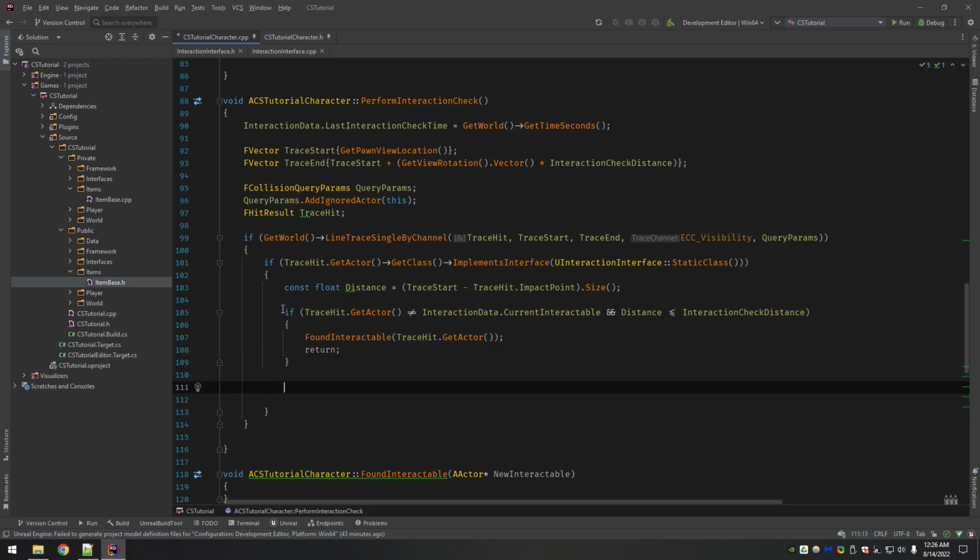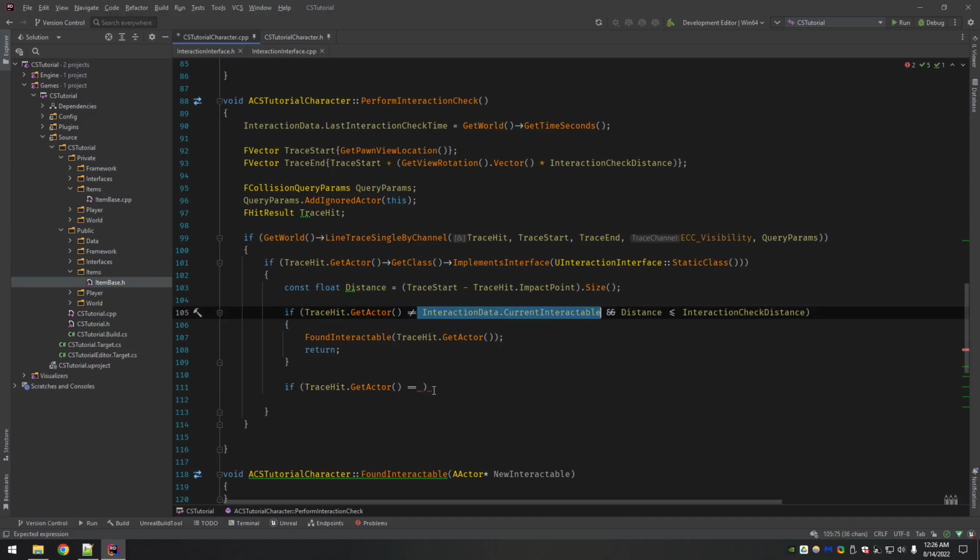Now, if this part fails, then we're going to check if our actor is equal to our current interactable.